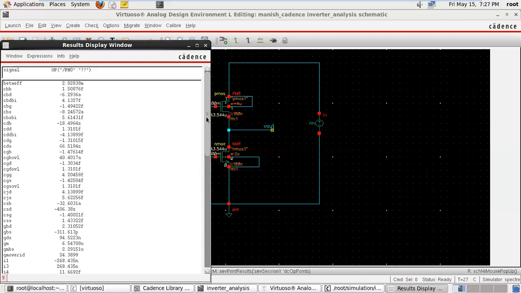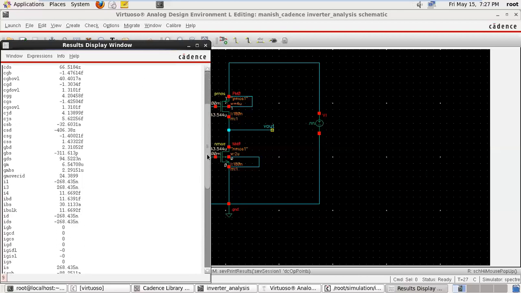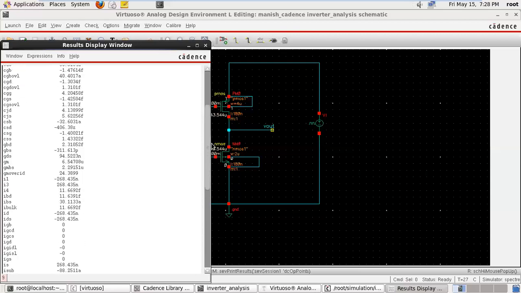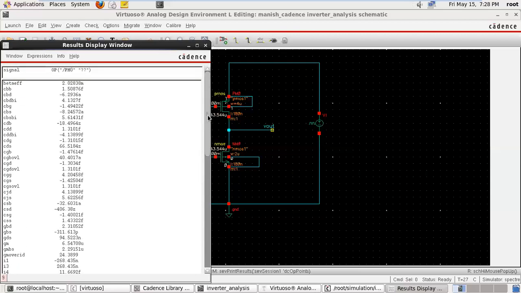Cadence does not save all the parameters; it saves only the values with respect to the default value. If we want to save these parameters, we have to select an SCS file. Later we will discuss how we can save all these parameters.